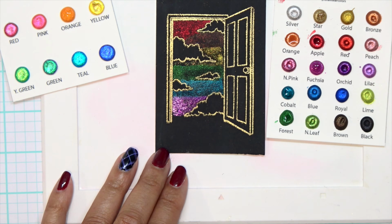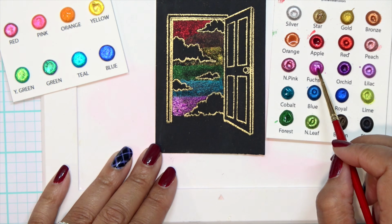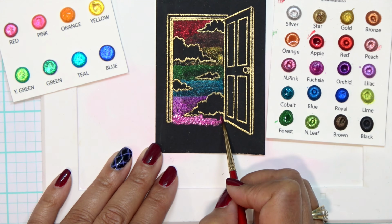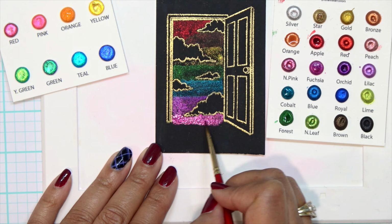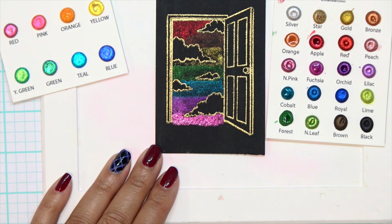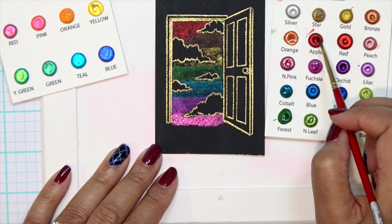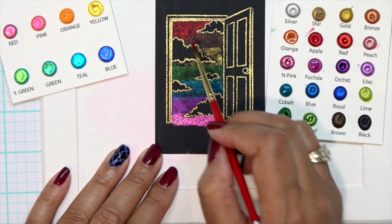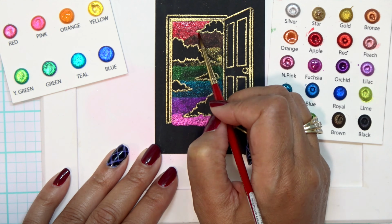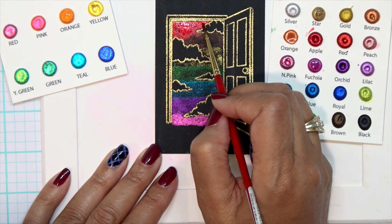So I went from the blue, and now I'm going into this fuchsia, which is my absolute favorite. I mean, guys, look at this color. It is so gorgeous. And with these colors, they give you a lot of shimmer. Now, this is just one coat. This is exactly just one coat, and I'm going to go in and build up that color. With me building up that color, that's what's going to give me the vibrancy that you guys have seen in